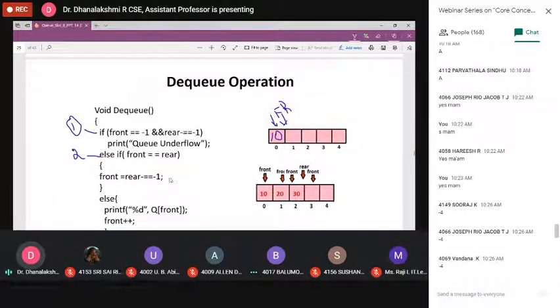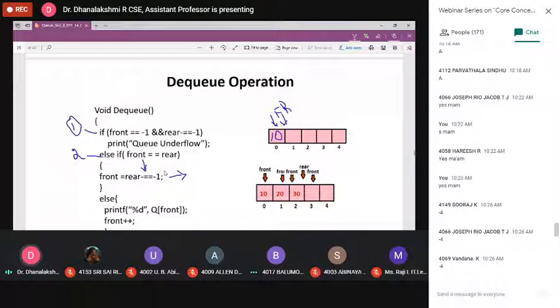Why are we using this statement? Any idea? If both front and rear point to the same index, I have to set front and rear equal to -1. We all know this is the statement we use to check whether our queue is empty or not. Why am I using this statement inside this condition?